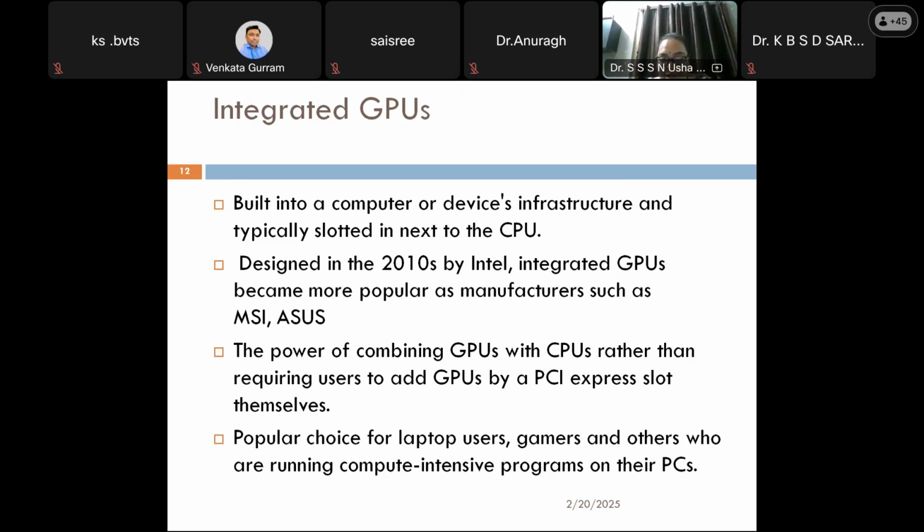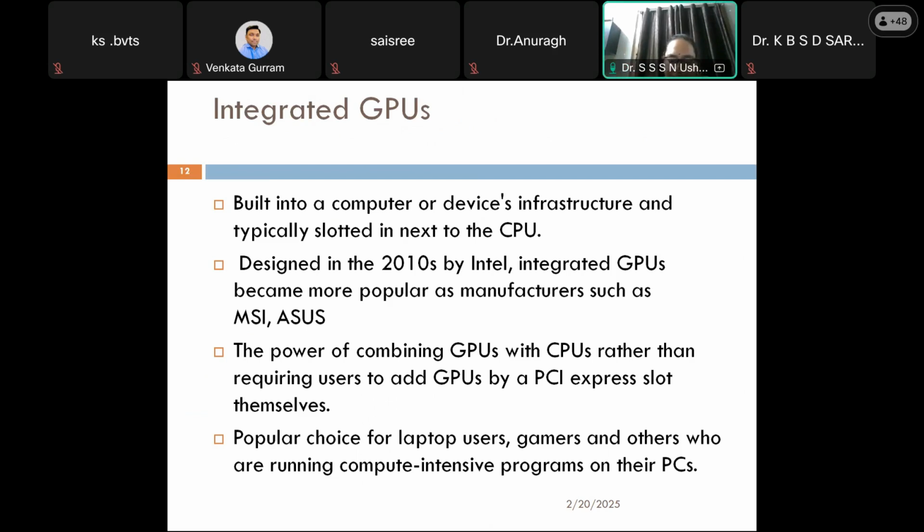Later we're going to see, there is a question for you, and I will ask you at the end. The question is whether GPU runs without CPU. At the end, you need to answer this question, even though you know the answer. I will ask at the end only, then you all can share, so that I will get a collective answer, how many people are giving the answer.